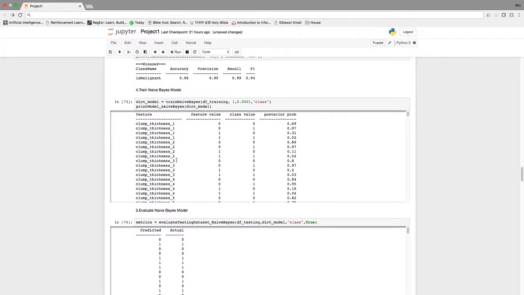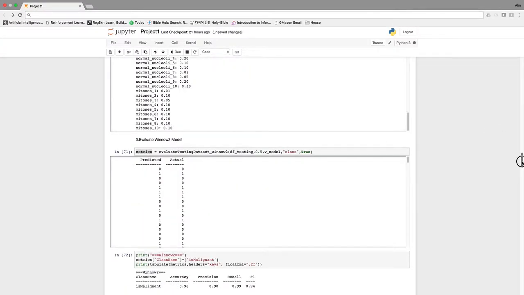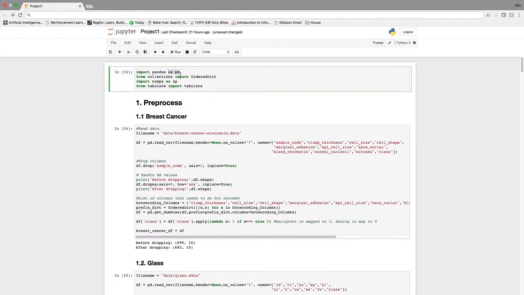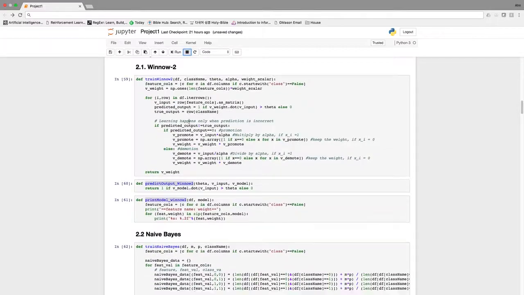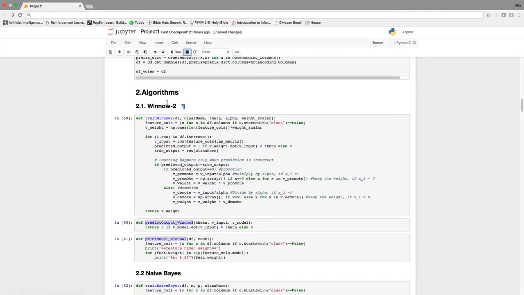Okay, so this is my code for project one. I use pandas and NumPy, and then I coded everything in Jupyter Notebook. So let me start from the top, and I have four different sections. One is pre-processing, which is importing the data, and then applying some rules to clean up the data